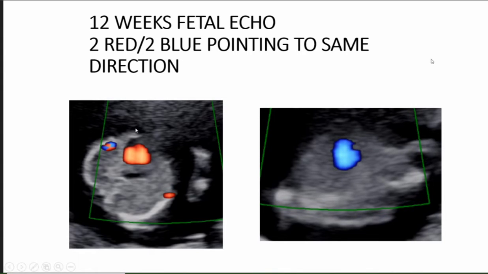So 2 inflows in red pointing to the left should have 2 outflows in blue again pointing to the left. So the confluence of the arteries in the outlet view